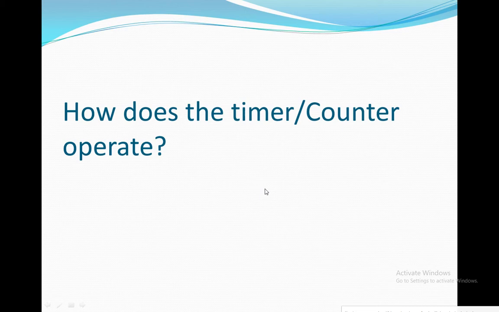Every microcontroller has its own registers used for storing values. In the same way, this PIC microcontroller has one 8-bit timer and three 16-bit timers, which are used for delay generation or for counting the unknown pulses. So both operations we can perform using the timer counter mode of the microcontroller.